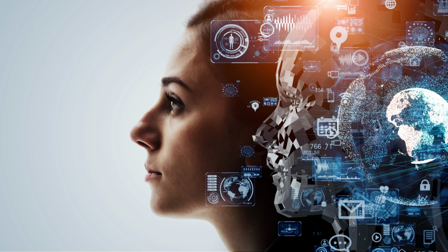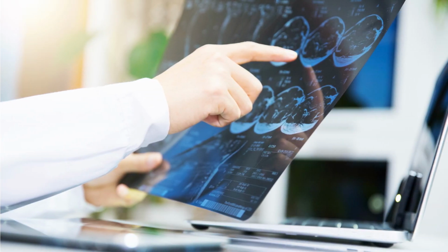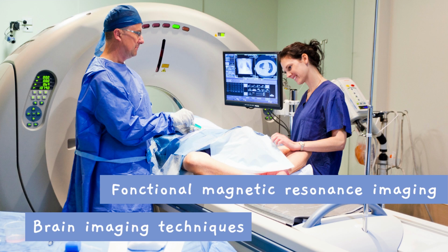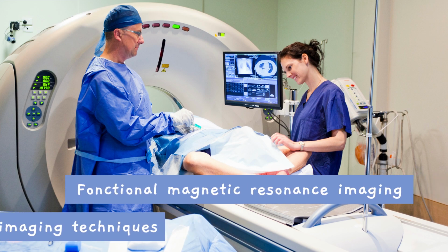There are various methods used in neuroscience to help us learn languages, including brain imaging techniques such as functional magnetic resonance imaging,